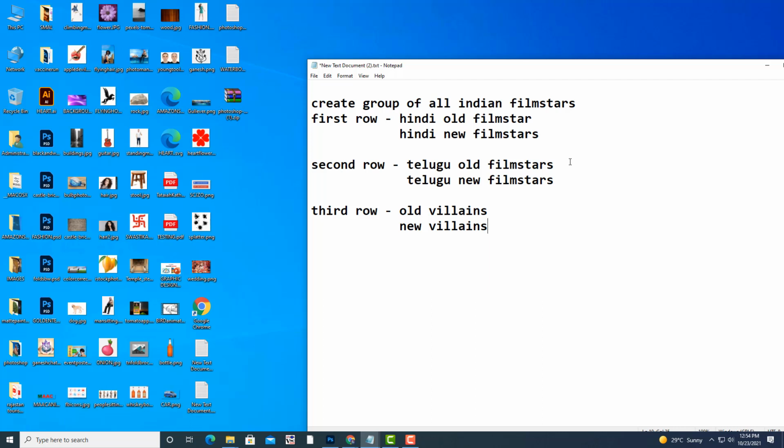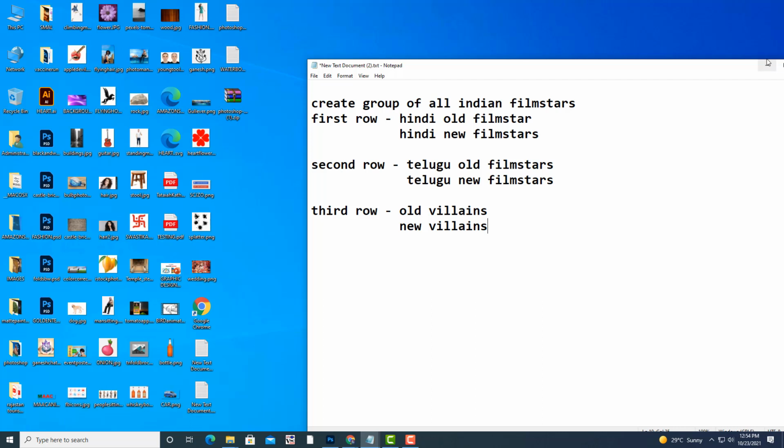Old villains, new villains. You have to create a group called villain, and in that villain group you have to create old villains, new villains. Understood? So like this you have to create this layer stack, and the layer stack is very important here.